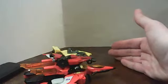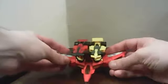Kinda. So, whoa, sorry about the camera. Straighten it back out. Reload. And this has been, well, wing came unclipped. This has been Transformers Generations